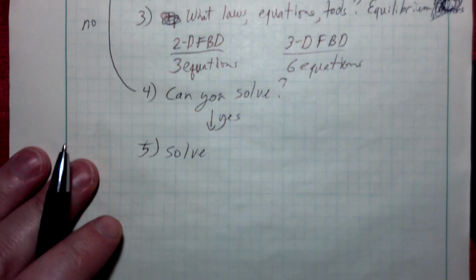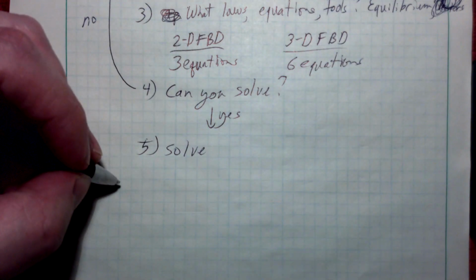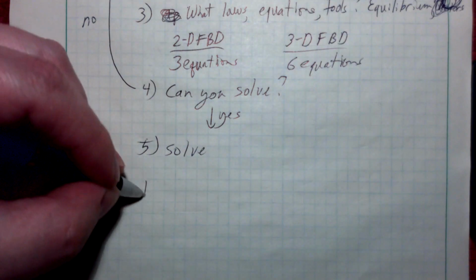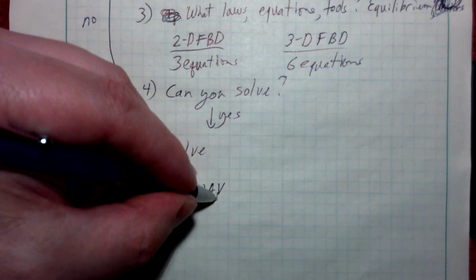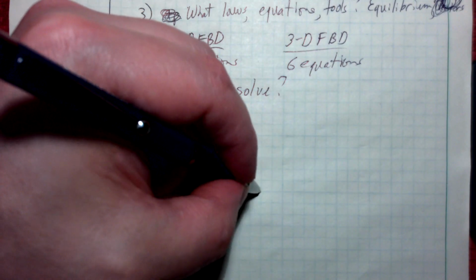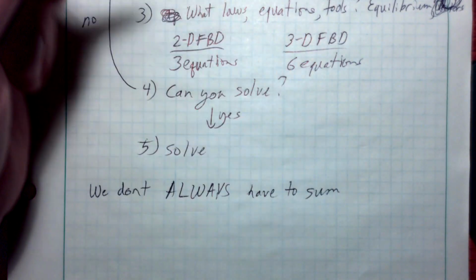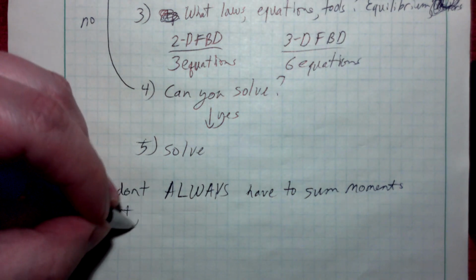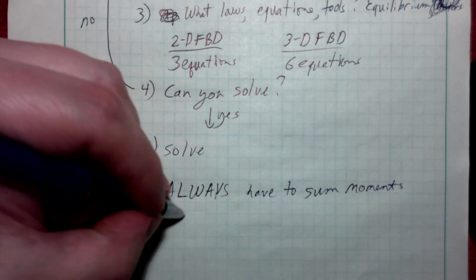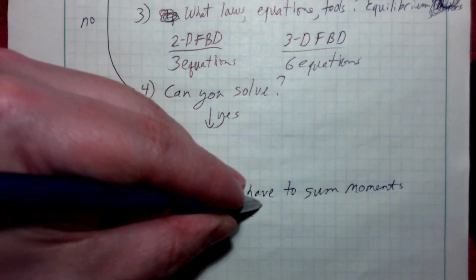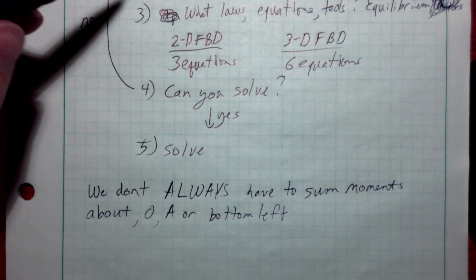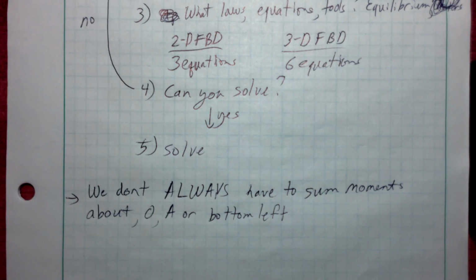And that does bring up, I alluded to earlier, that you can write multiple moment equations sometimes. So there's this point most textbooks will talk about: we don't always have to sum our moments about an origin, or A, or the bottom left. If you get in the habit of always taking your moments about the same point, you don't have to, right? You can take